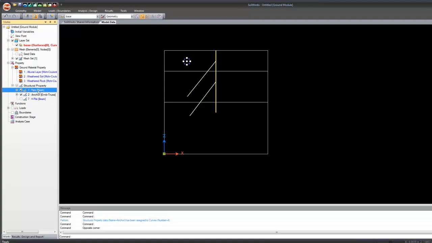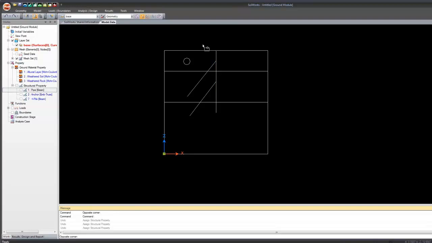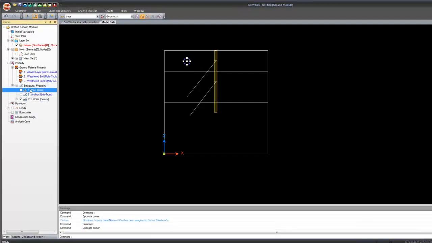Pardon me, I have to reassign it because I assigned it to pipe. So I'll just undo it. All the AutoCAD commands work with Soilworks, so you can just use Ctrl Z. So H pile beam. This is our pipe, and the rest of the curves we'll select as embedded